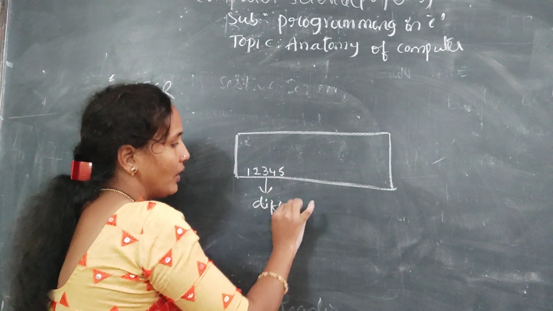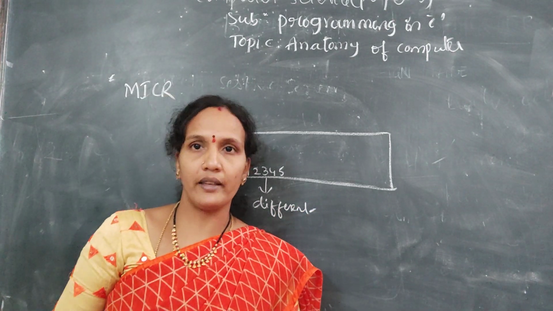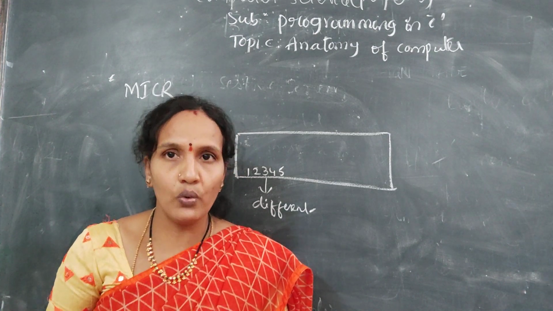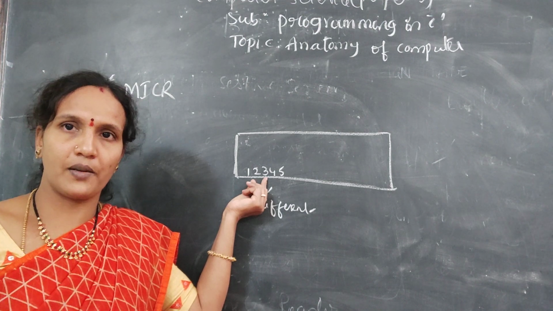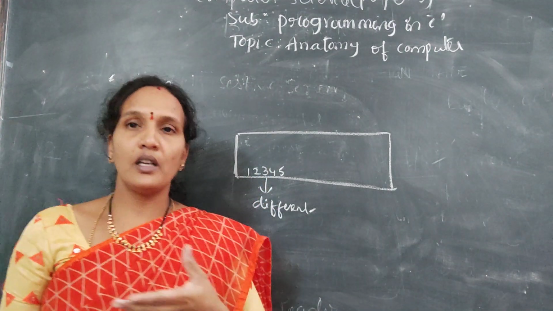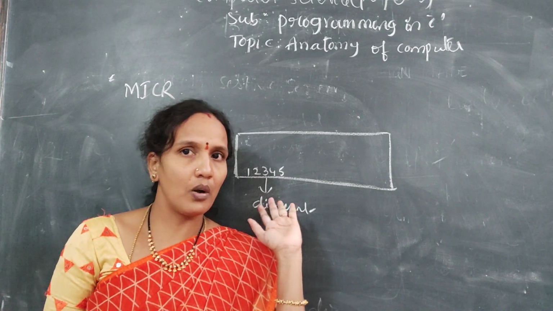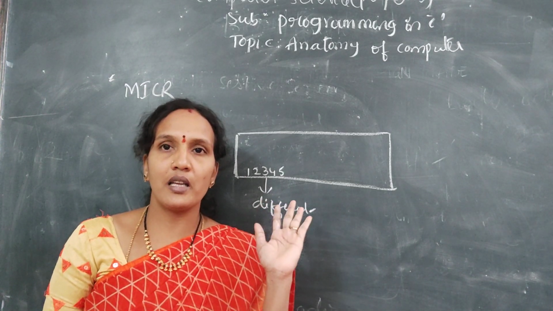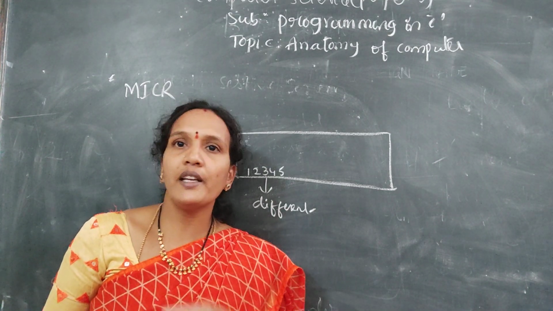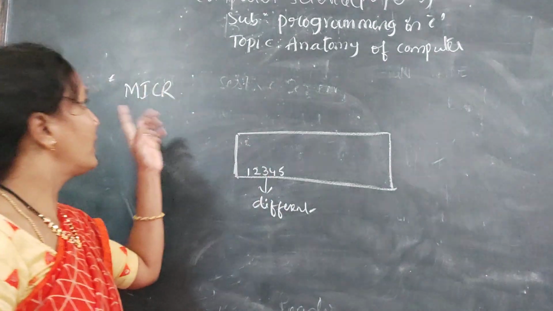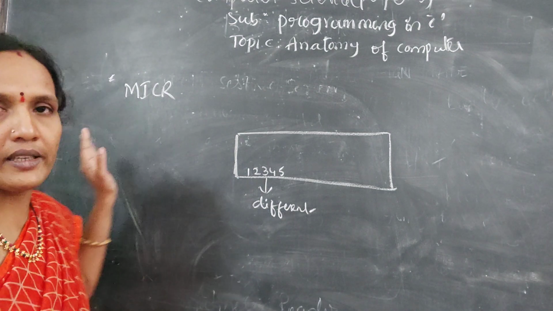We have some devices, magnetic ink character recognition devices, which are used to identify these characters. These are special characters, and with these characters, you can get the account holder information. So these are not small general numbers. These numbers are printed with some special ink, and that special ink is identified with magnetic ink character recognition devices only. This is the next input device.